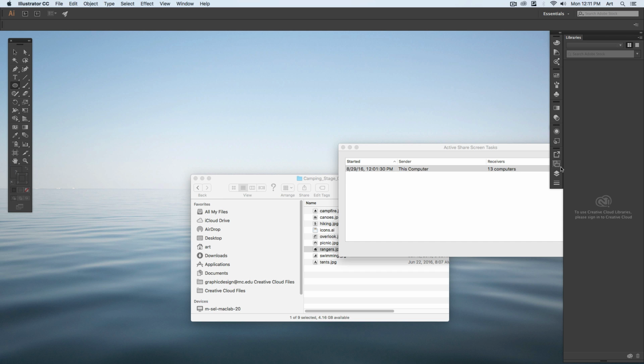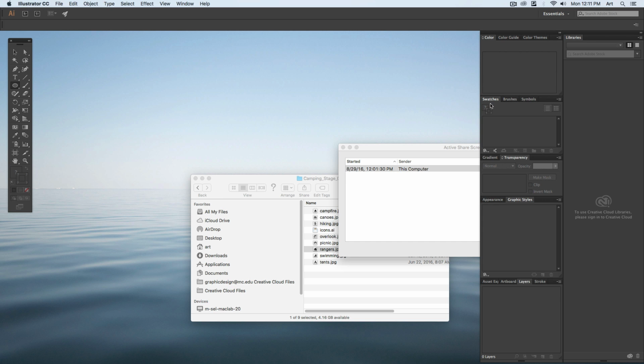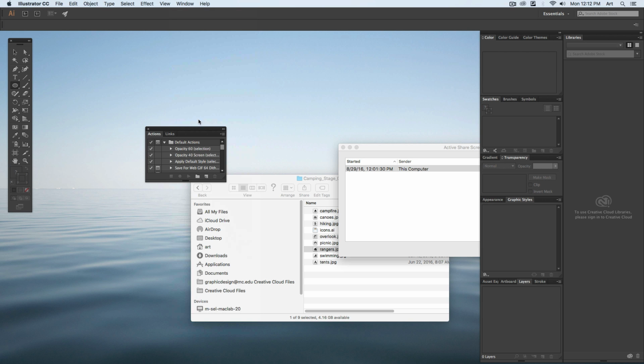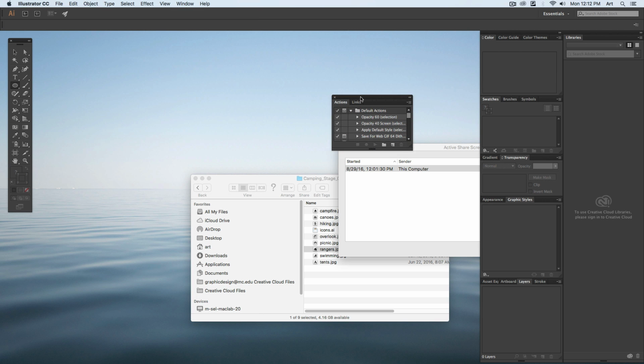Another thing to remember, if you can't find a palette, if you're searching over here and I need to find my actions palette, well, I don't really see it opened up. Every palette that you'll ever use, you can go up to Window, is listed right here. If it's got a check mark, that means it's open and active. So there's my color palette, it's got a check mark. Graphic styles is open as well. If it doesn't have a check mark, I can click on it. So here's my actions. And you can see it opens up my actions palette,